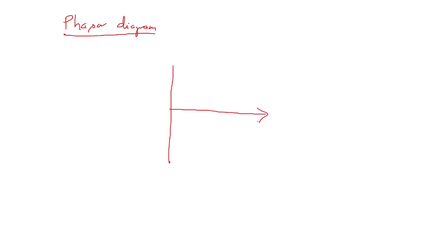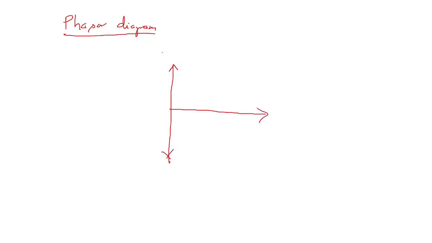So here we can see the phasor diagram of the series resonance circuit. If you draw the phasor diagram, we know that at resonance, when XL is equal to XC, the effect of resistance only will be there. Inductive reactance and capacitive reactance will get cancelled out. So if you draw the phasor diagram here, you can see this phasor diagram.